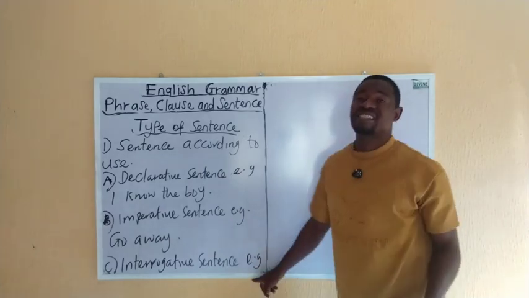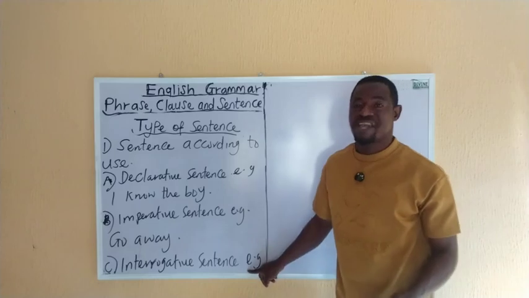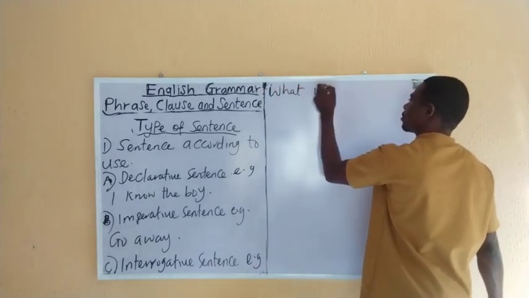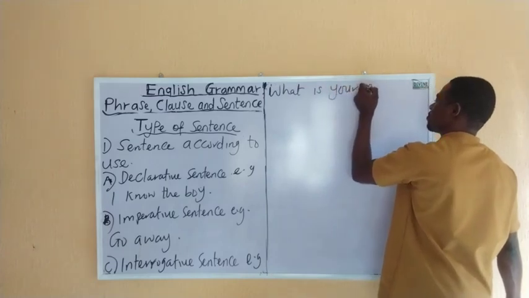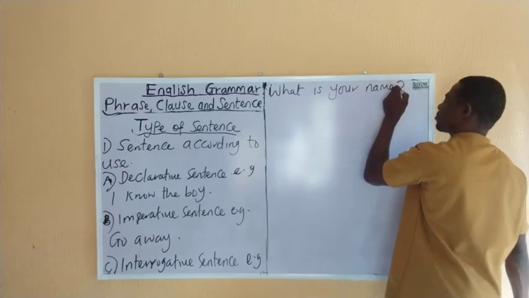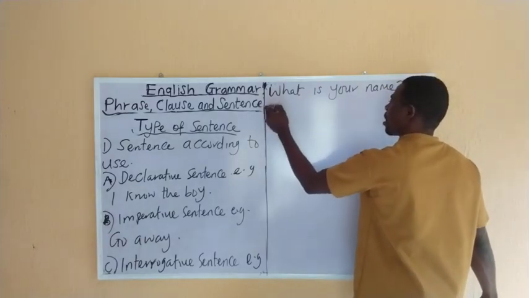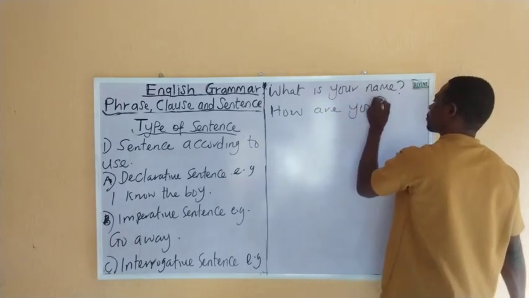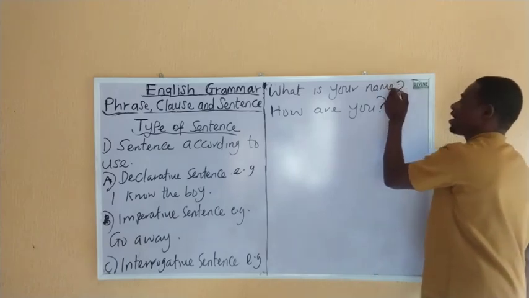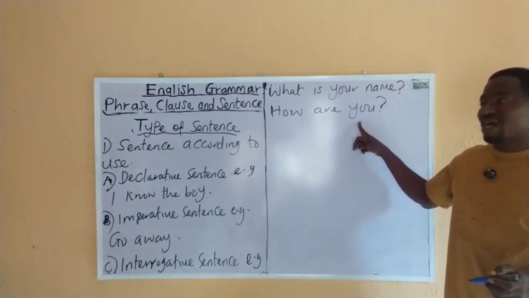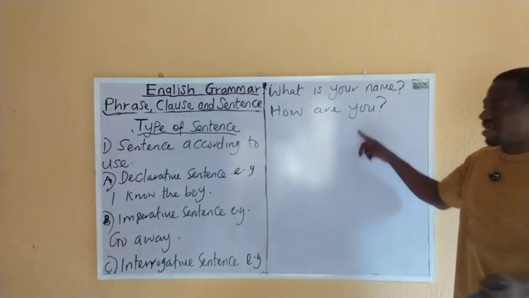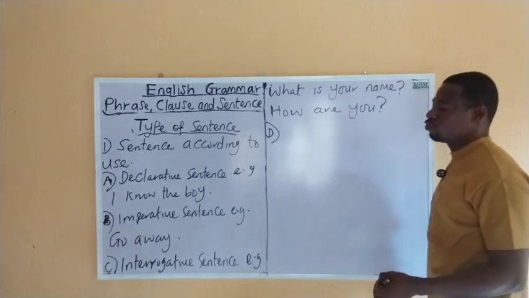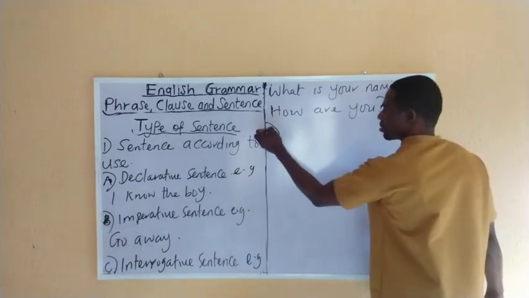The interrogative sentence is used to ask a question. E.g., what is your name? How are you? Okay, it always ends with a question mark. The last type under sentence according to use is